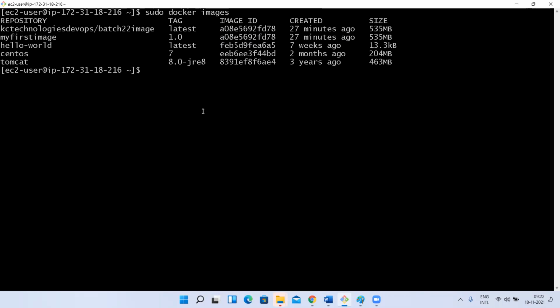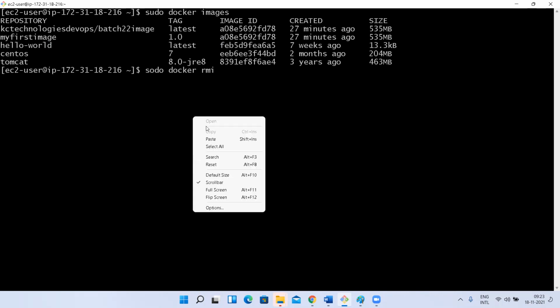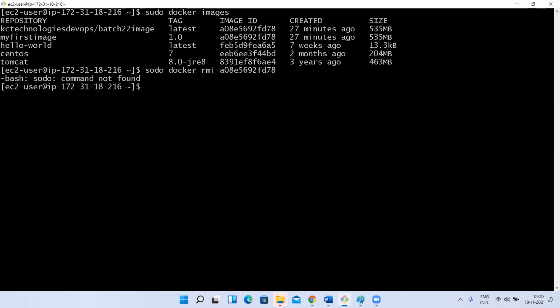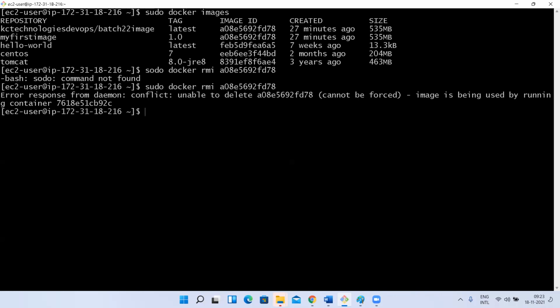Once you log in, you can easily push that. But let me show one thing. Sudo. Okay, it is saying the image cannot be removed as a container is running.